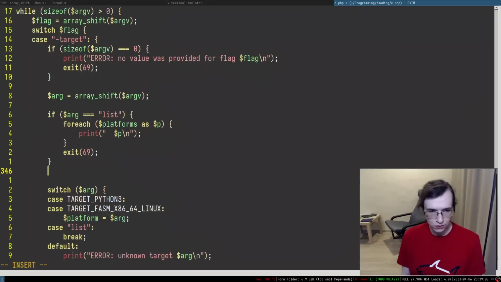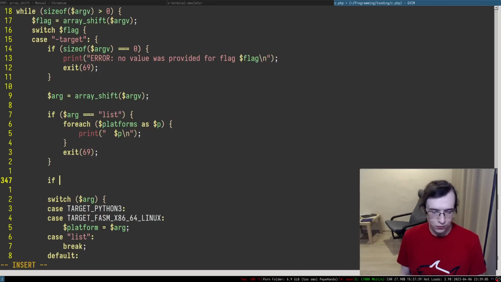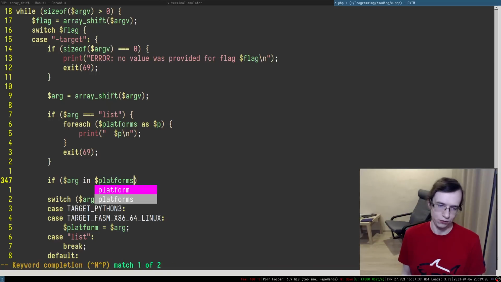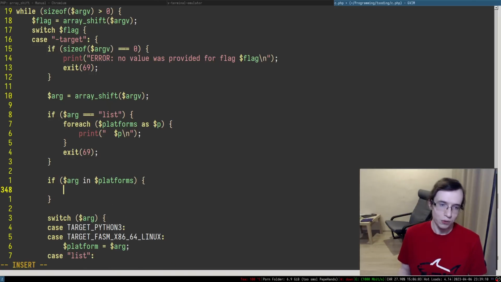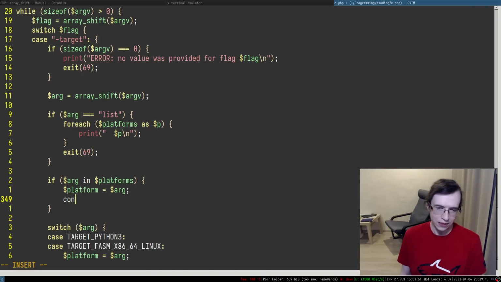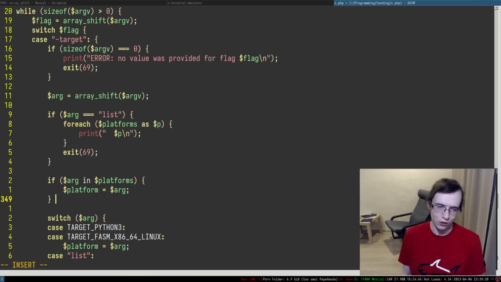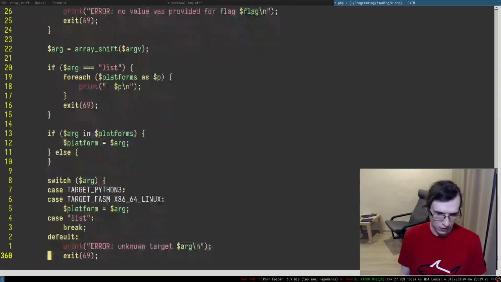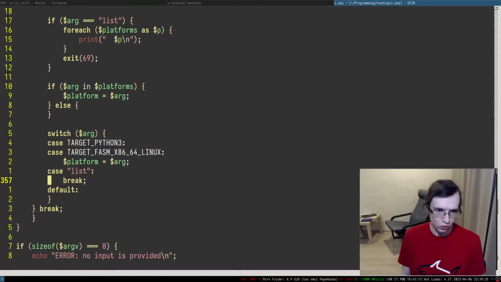And in here, we can just check if arg is in the platforms. And if it is in platforms, we can set the current platform to the arg, right? And basically continue, but maybe we don't have to continue. We can move the error handling of the unknown thing to else.